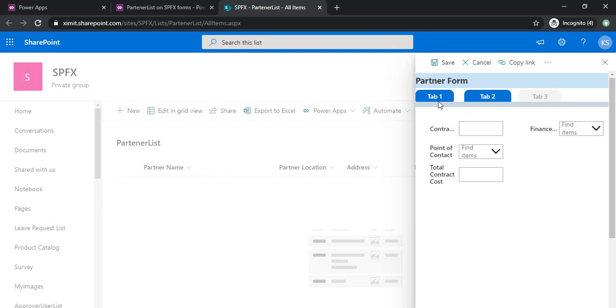So this is how you can create these tabbed forms, and you can split out your lengthy fields in these sections, and it could be handy for users to fill out. Otherwise, with all the fields in a single form there would be a lot of scrolling for them and it could be confusing as well. So I hope this adds value to your Power Apps knowledge, and you may use this concept while creating some real-time applications. That's it for now. Thank you.